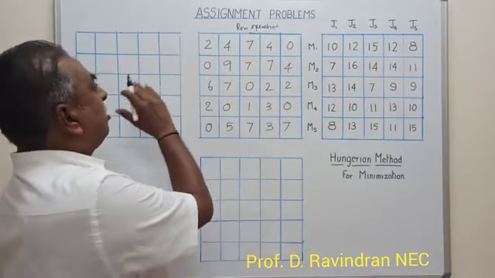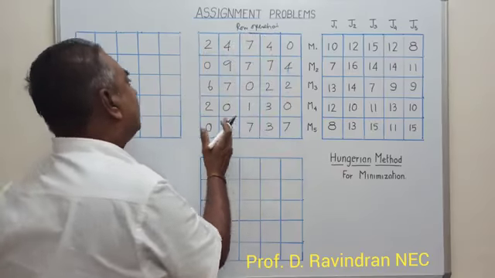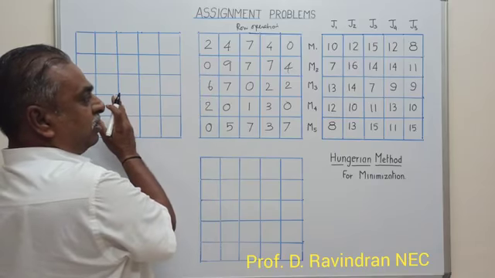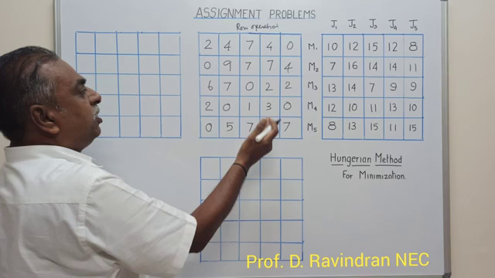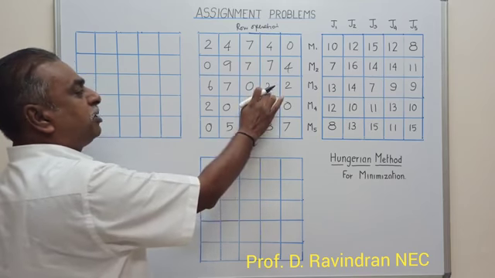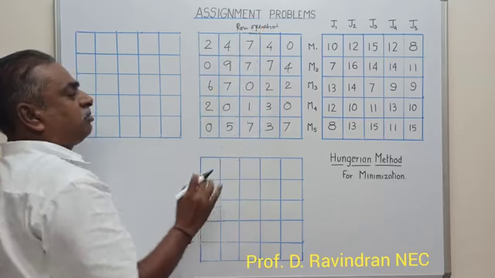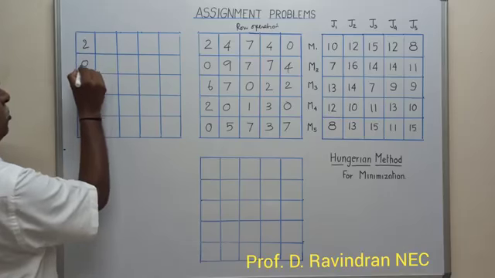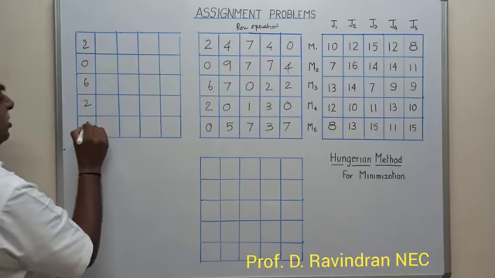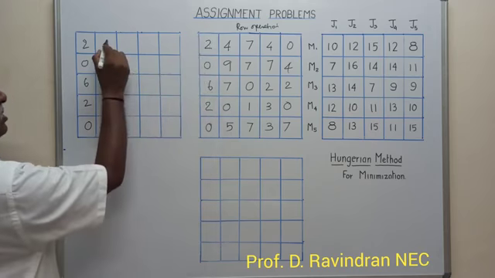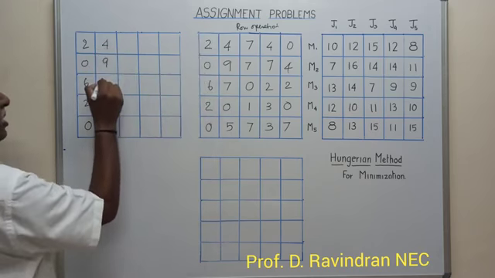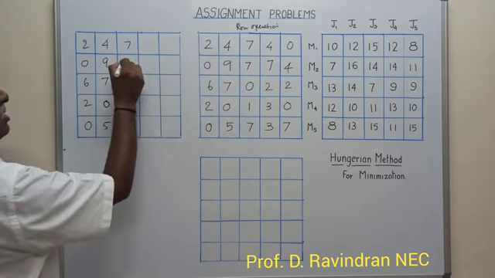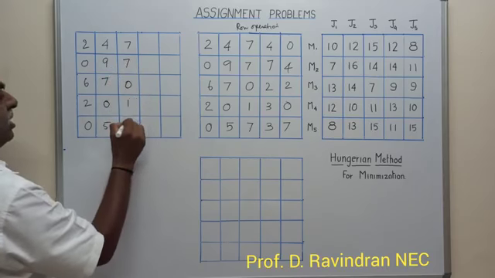Now we are going to the column wise operation. In this resultant matrix, we examine column by column. If there is any 0, we can rewrite the column as it is. If there is no 0, we have to subtract the minimum element in that column from all other elements. So in this one the minimum element is 0. So this will become 2, 0, 6, 2 and 0 only. The second column also has a 0 element. So 4, 9, 7, 0 and 5. Here it's 7, 7, 0, 1, 7.